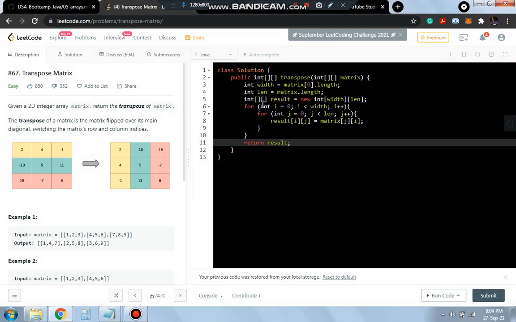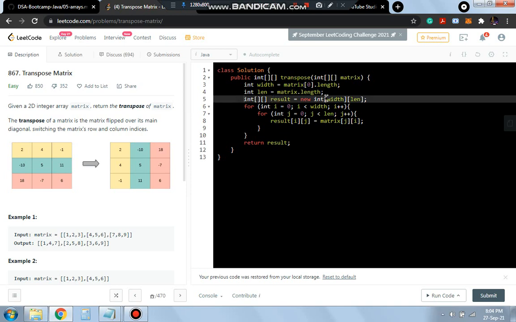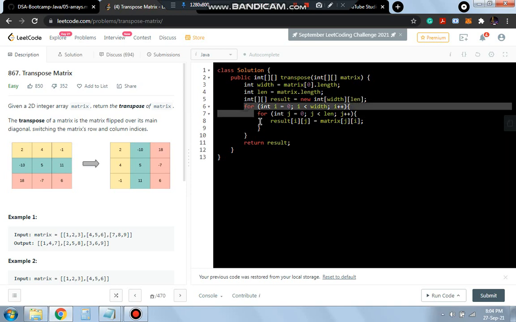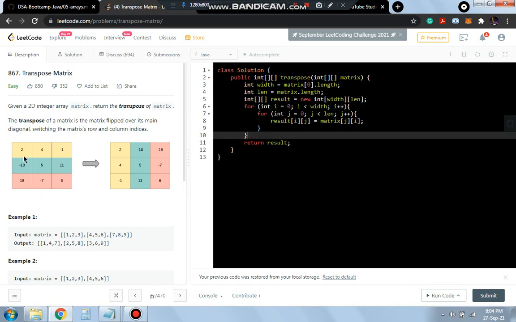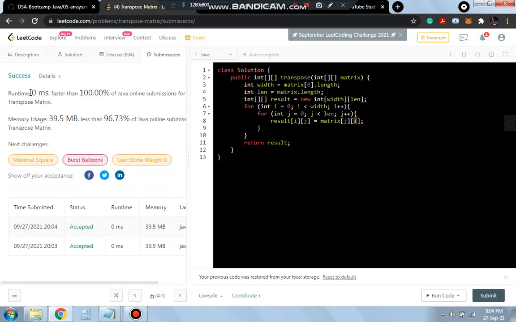For that we will be using this code. Firstly, we'll get the width and the length of the matrix, that means the number of rows and columns. We'll create a new matrix result which will have the width and the length, and we'll use a double for loop for accessing each element, which will be placed in result of ij. Result of ij is equal to matrix of ji. That's what we discussed here. This 4 should be placed in this location. If it's at 0, 2, it should be placed at 2, 0. That can be done by exchanging i and j values. Finally we'll return the result. Let's run the program. It's showing success. So this is the code for transpose of a matrix.